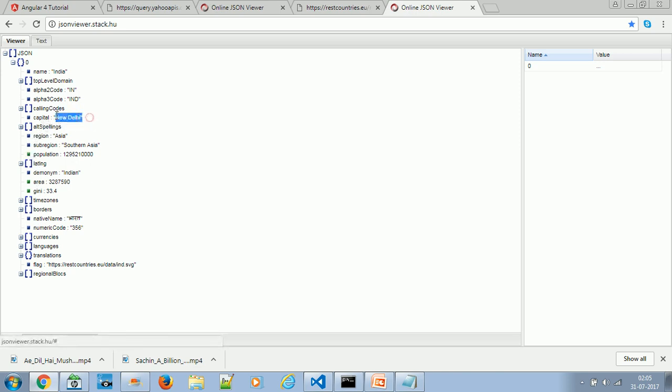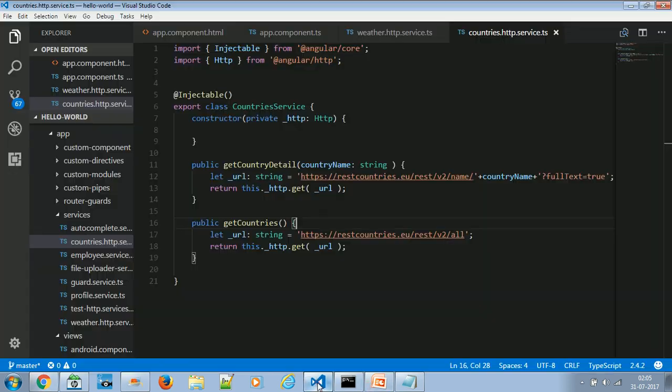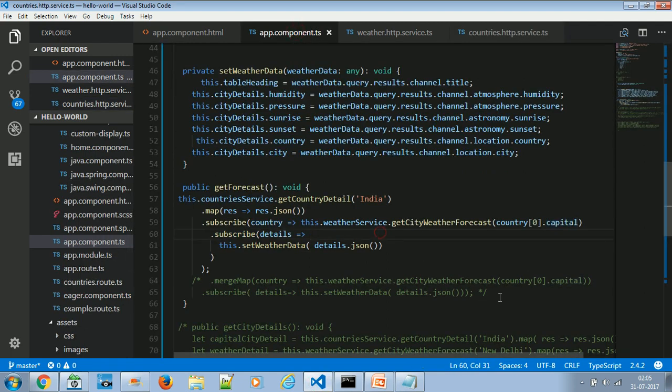See, dot capital is New Delhi, so this is what I am using here. In my code I am simply using dot capital. There's only one array, that is the 0th item. Dot capital will evaluate to the value of the capital city. So I'm passing India, so it will be New Delhi. If I pass China here, it will be Beijing.